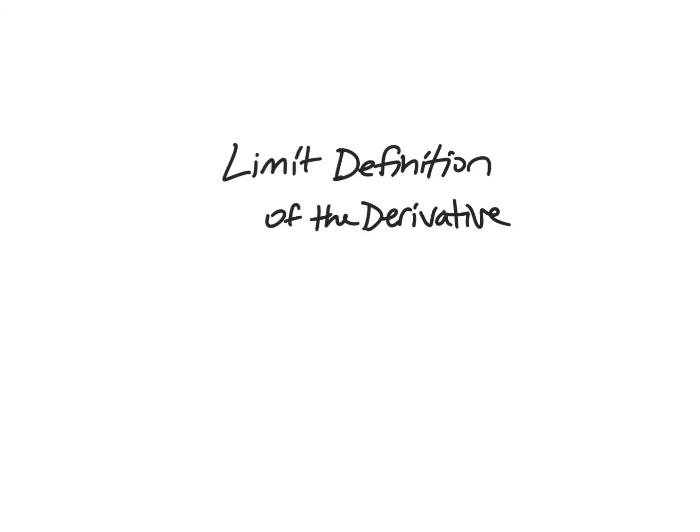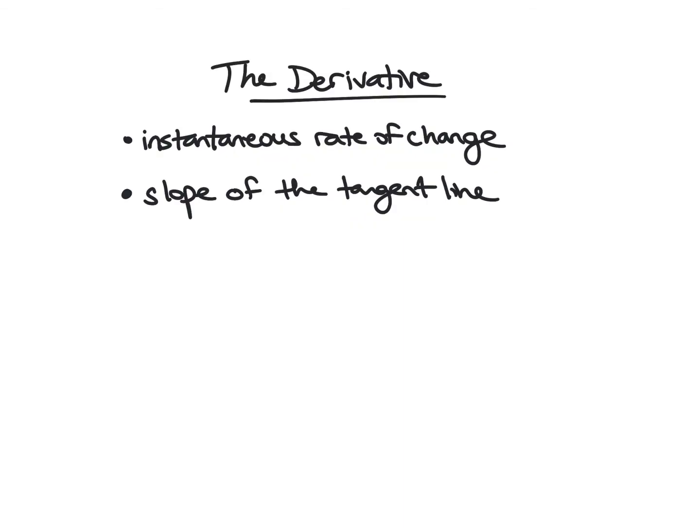Hello all. In this video we will be talking about the limit definition of the derivative. So thus far when we've talked about the derivative, we first defined it as this instantaneous rate of change, versus an average rate of change. And this just meant, you're thinking about velocity as your common example. So it's exactly how fast you're going at a specific moment in time and not what you're averaging over a